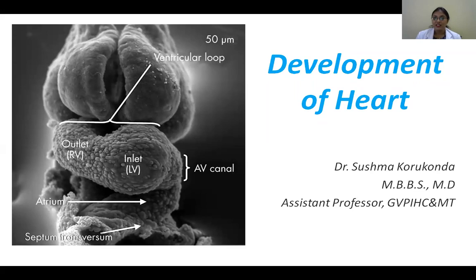So proper cardiac looping, proper partitioning, and proper septation are all important for the normal development of the heart. The heart starts beating by the age of 22 days, even though it has not yet acquired the basic adult shape. This is important for maintaining the circulation and nutrition within the developing embryo. The heart is also prone to quite a number of teratogens, which are agents that interfere with normal development.